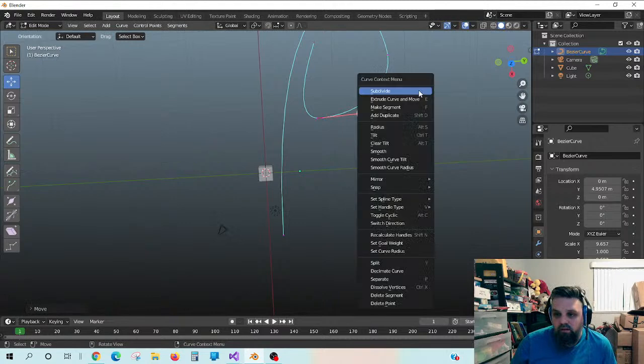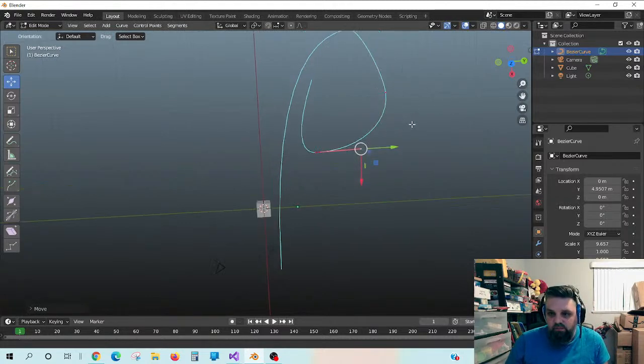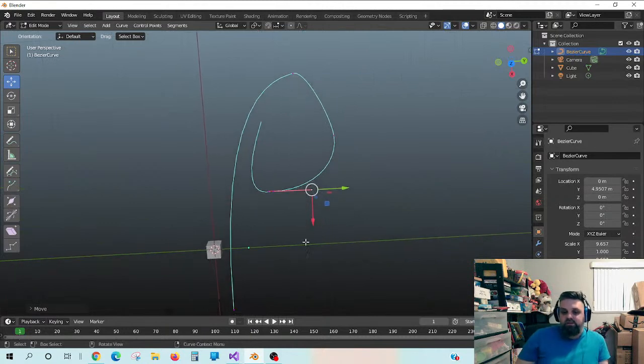Okay. And what was it? It was shift and then the middle. There we go. So this is kind of the look that I'm going for, is to have this go